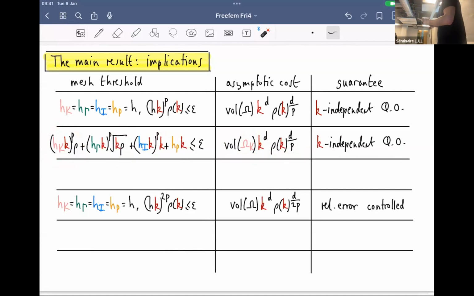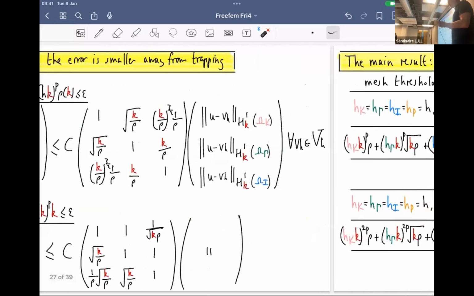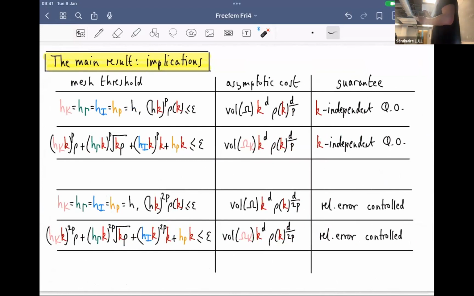Okay. And now this is going to answer this first question we had, which was: if I have a uniform mesh, is the error smaller away from the trapping? It's because in both these situations, I'm achieving K-independent quasi-optimality. So what's the gain in using a uniform mesh? It's that the error is smaller away from the trapping. So in the interest of time, I'm going to skip the maths of that and just show you that graphically